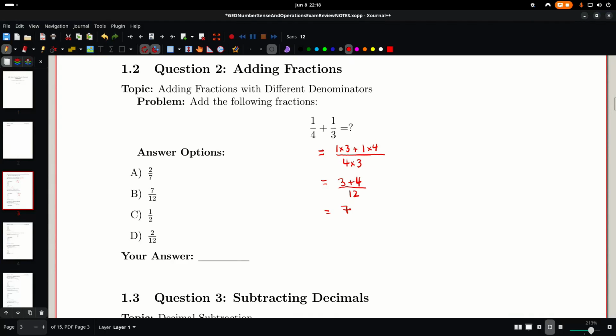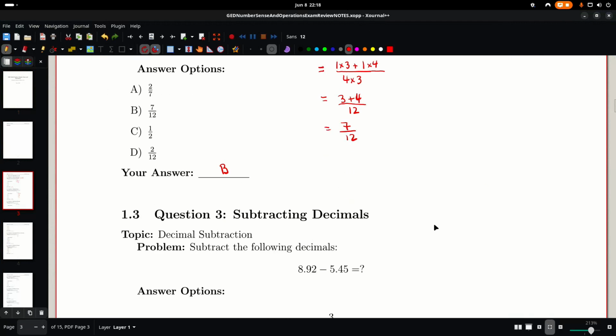so that gives us 7 over 12. And so that corresponds to answer B. I'll just put it down here, I guess, is the neatest way to do it. So that works well, I think. Okay, question